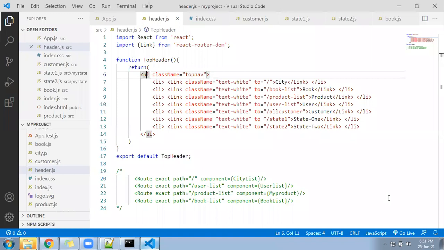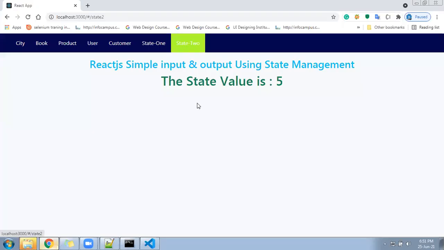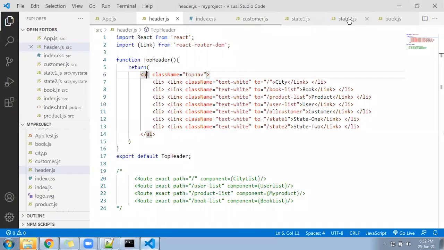Okay, very good. Overall, finally, you created a state2 component. We added some values and called them here and it is working. A small modification we will do, a little color combination. These colors are looking not very effective.